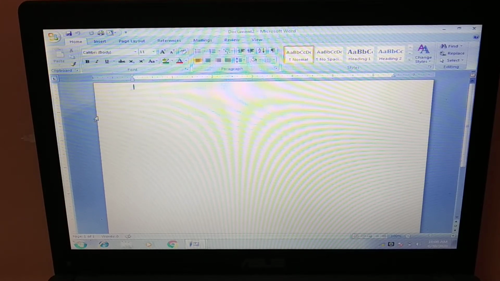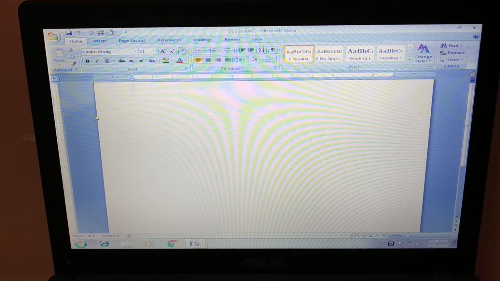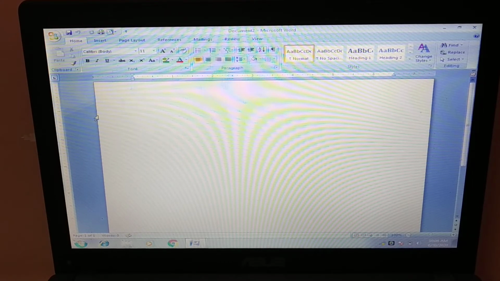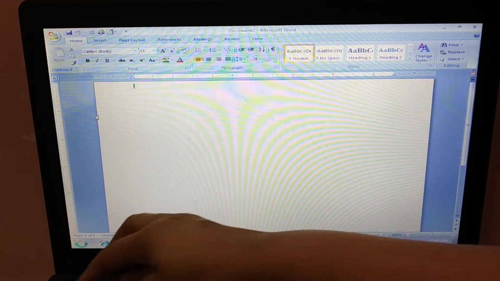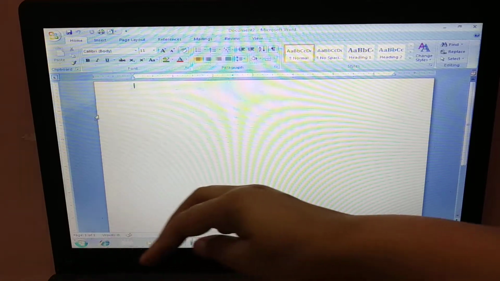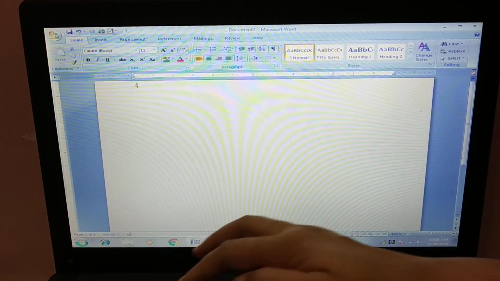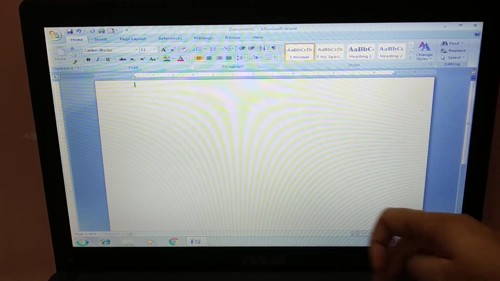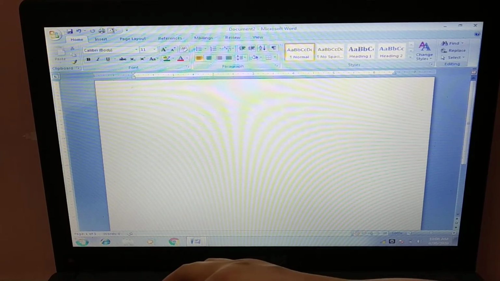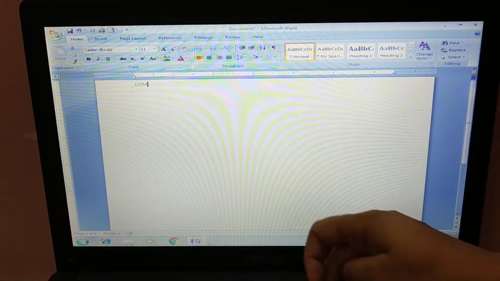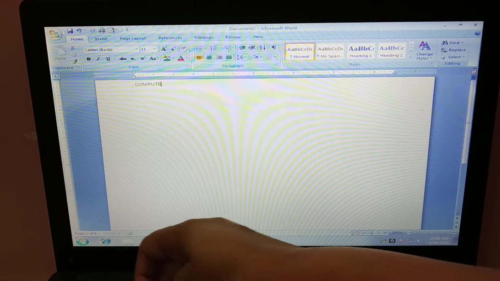Now type anything, like in your book on page 46 in the box, "Friendship a perfect bond" is written. You can type that also, or you can type anything. Like now I am typing the word computer by using the keyboard.